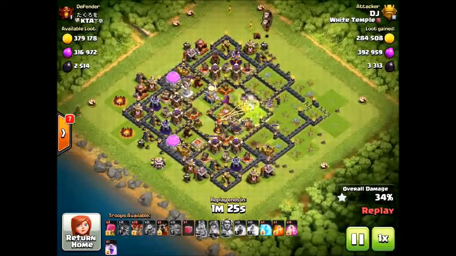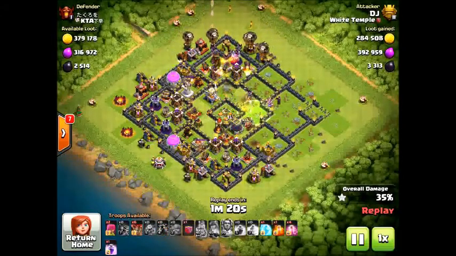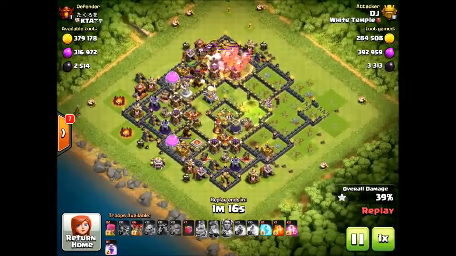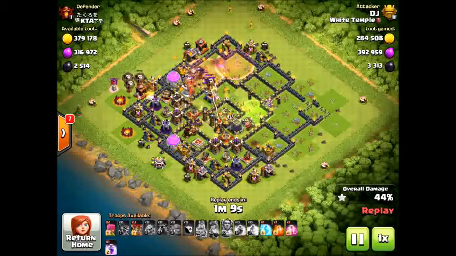So if you use the king's ability and then you wait a few seconds before using the grand warden's ability, there's going to be some barbarians that will come out of the king, because the king produces a few barbarians. And those barbarians are actually going to help with cleanup. So it's always important to use the king